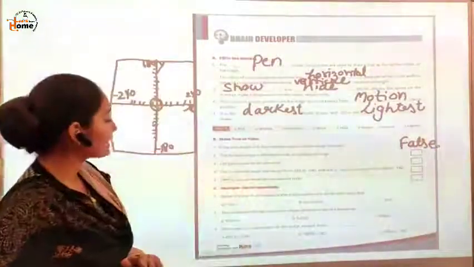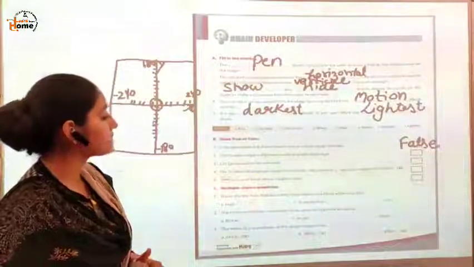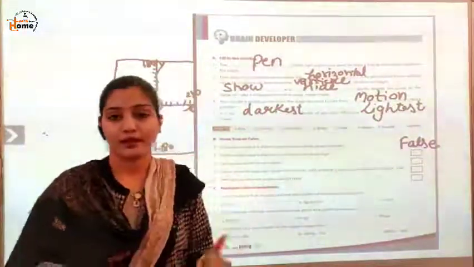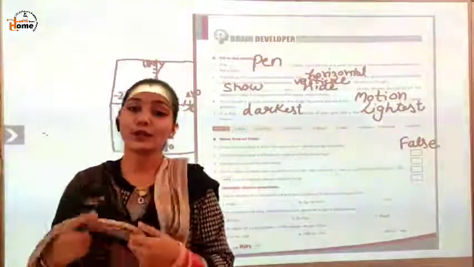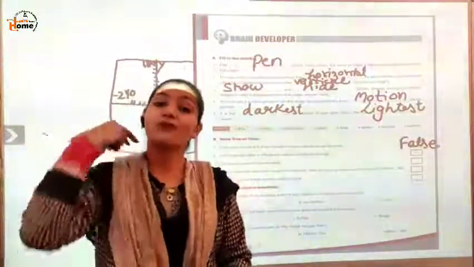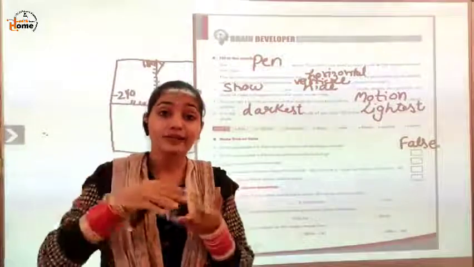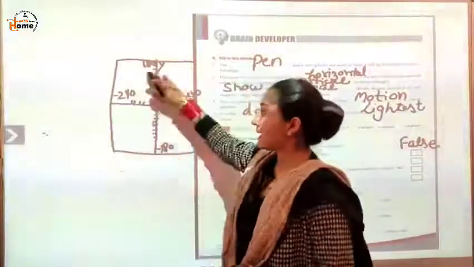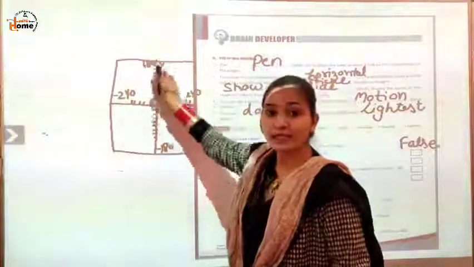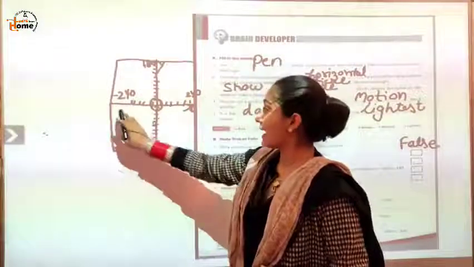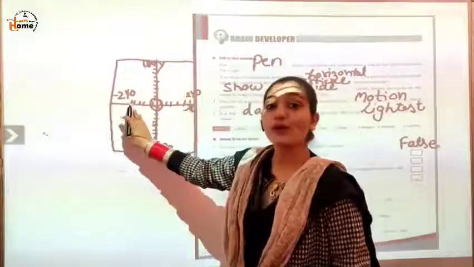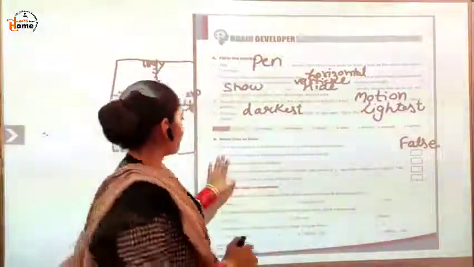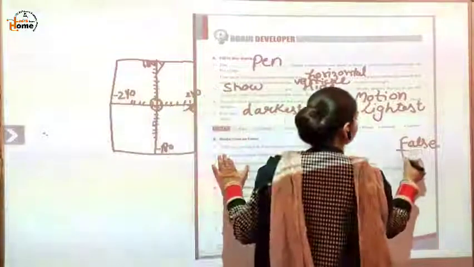Next, the Scratch page is 480 pixels wide and 160 pixels high. I have told you in the previous video that this page is 480 pixels wide and 160 pixels high. If this is the page, so in this way it is 160 pixels, okay? And in this way it is 480 pixels. Okay? So this is true.